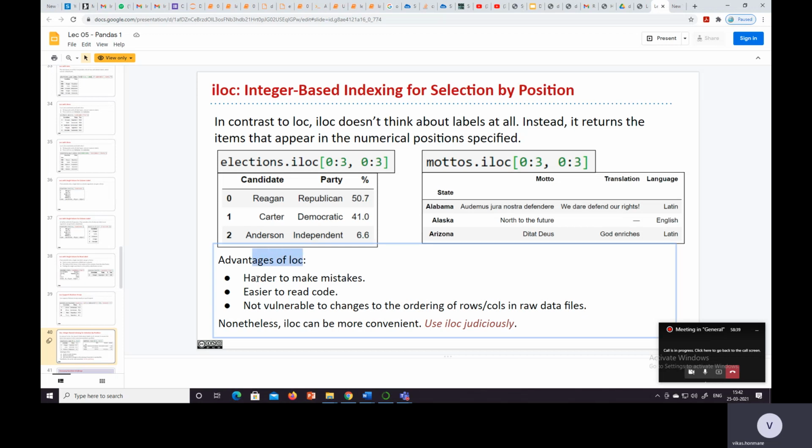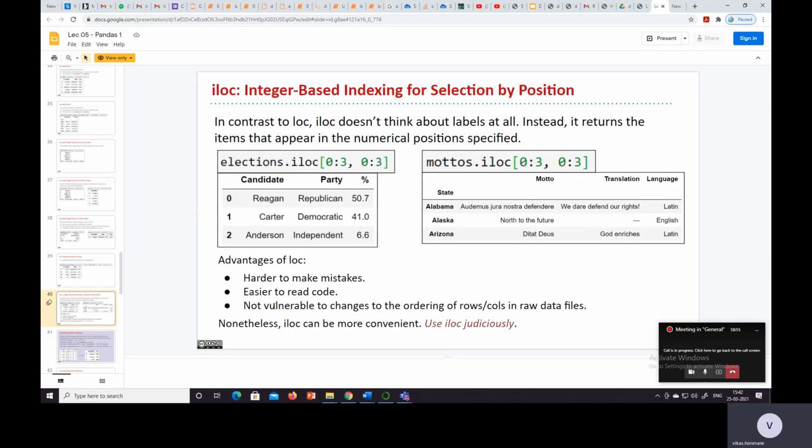Advantages of loc: it is harder to make mistakes whenever we use loc. Mistakes rarely happen because we use the column names. The code is easier to read, and it is not vulnerable to changes in the ordering of rows or columns in the raw data file.